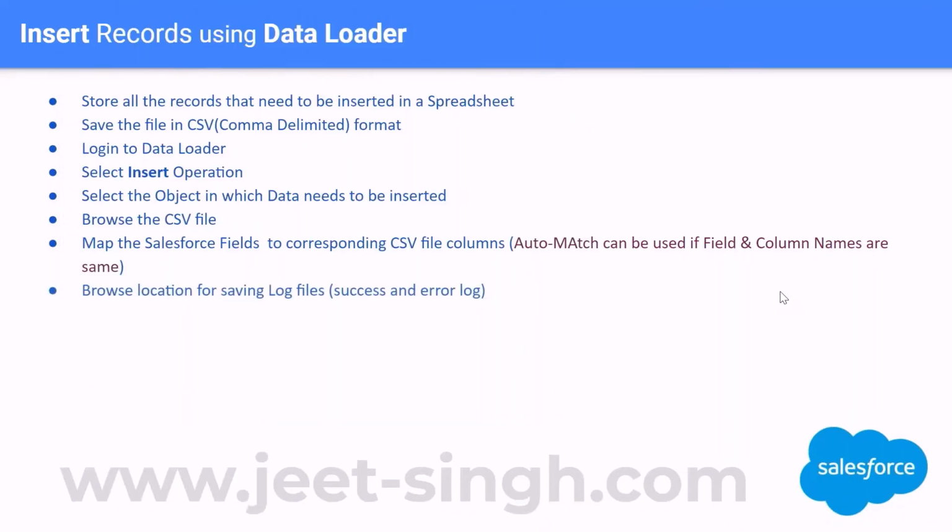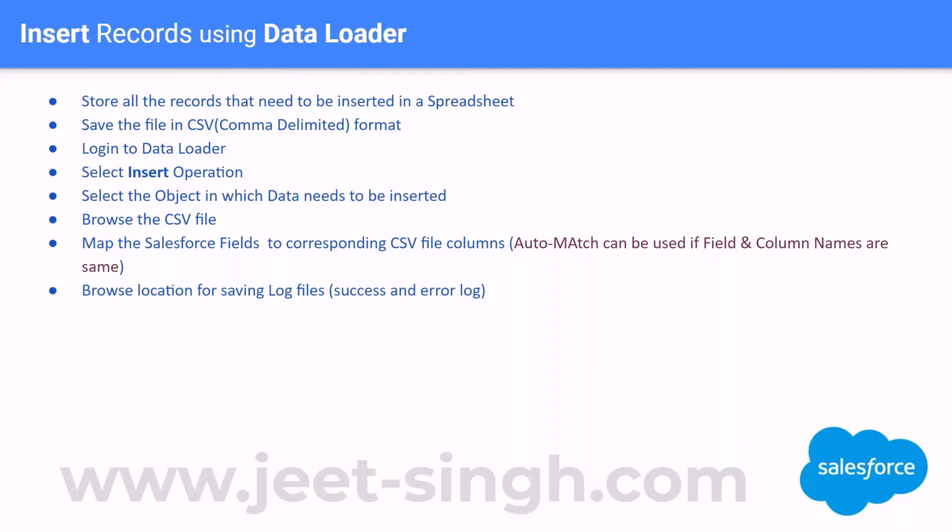What is the next thing that I have to do? Next is browse the location for saving log files, success and error log files. So the next step is basically you have to give a directory location where you would want your log files to be stored. Now what are these log files?